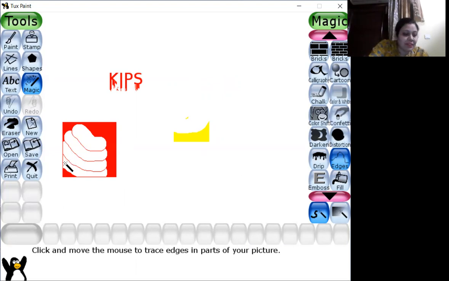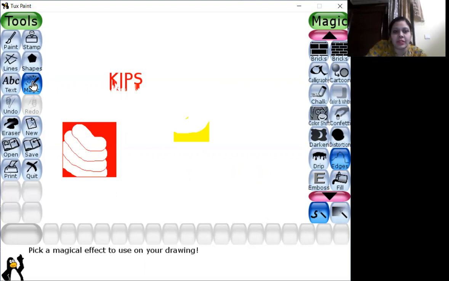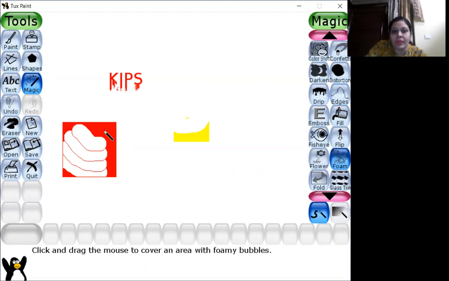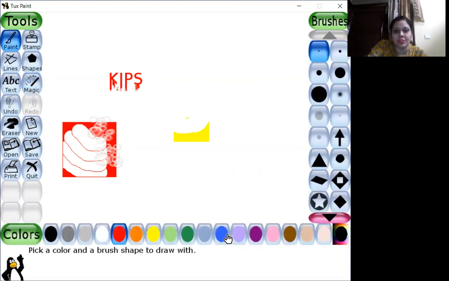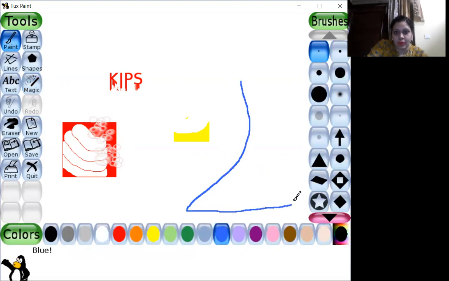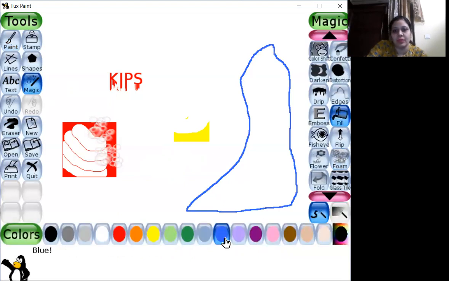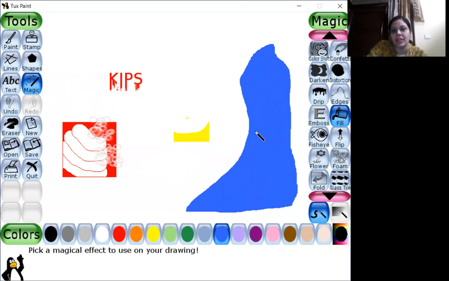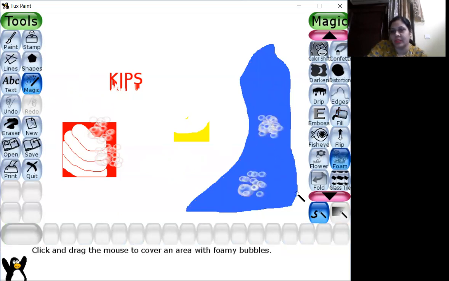And the next option we have is the foam effect. Now the bubbles, you also say to it, yes. So in the magic, if we go for foam and you put it like this, bubbles come. It's very simple to show. As in your book also, there is a drawing of a river, like I will just show you. Suppose I have drawn this. I'm just taking an example only, and then I'll color it with a blue color. And now here, if I want bubbles, it makes sense and it is looking good here, right?